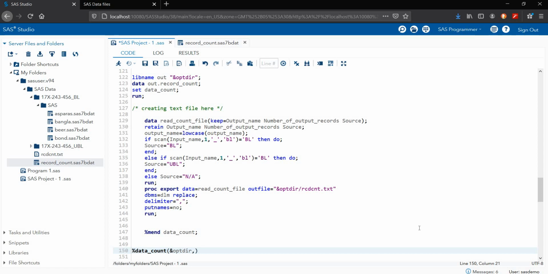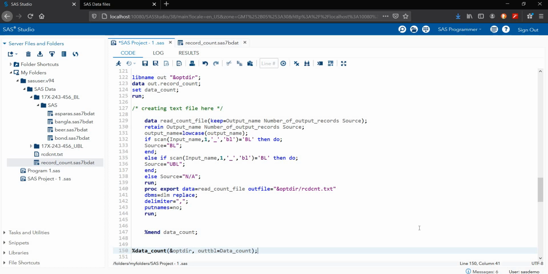This is my global macro. Then out bl is equal to my data, because I'm looping my data again and again. That's the reason I write it again in this one.